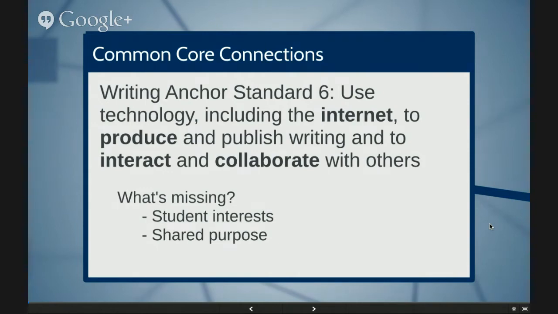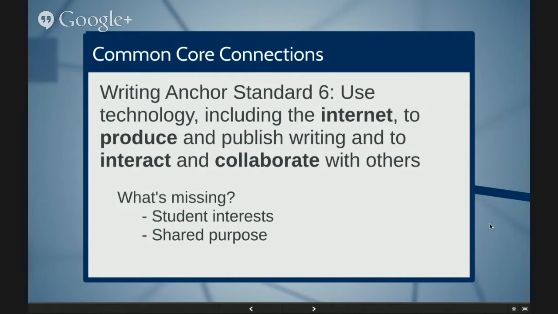So when I look at that standard, I can see 4 of the 6 connected learning principles in there in some form. So for example, using the internet opens up a possibility of openly networked learning if you allow students to post to the public. When I see producing and publishing, I see examples of production-centered learning that are possible here. Interacting and collaborating, I see students peer supporting, so I see that as a possibility here in Common Core. And obviously this is all academically oriented because these are academic standards.